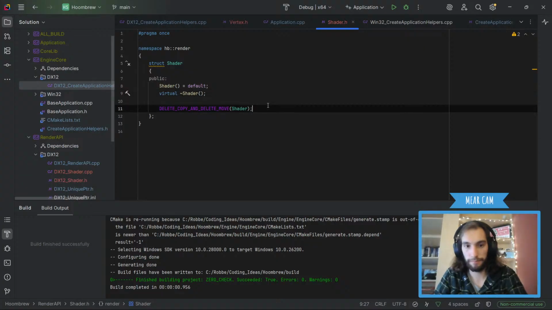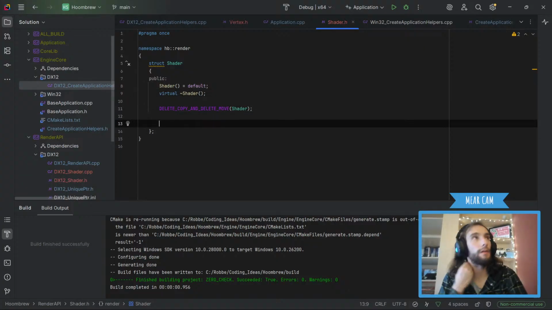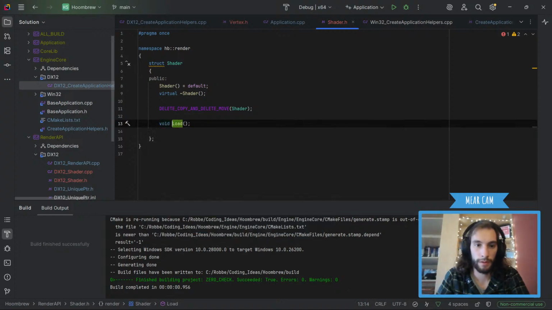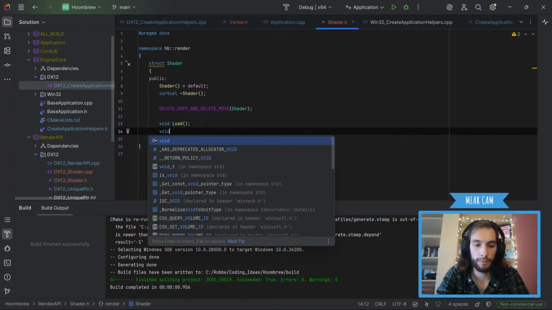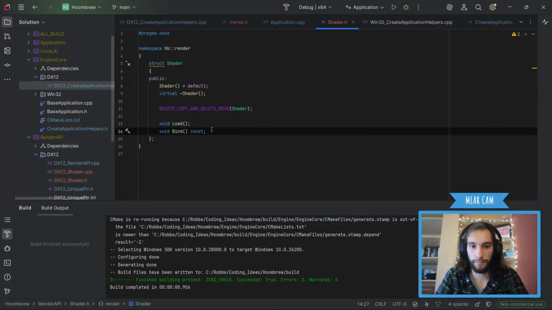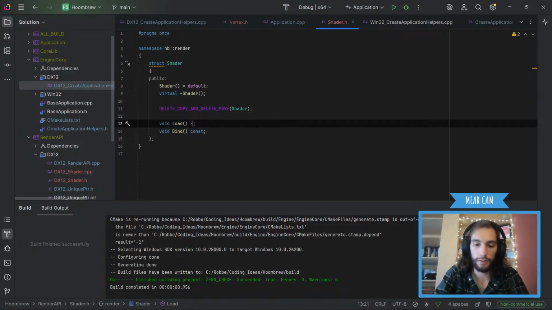That's all fine. And then I think we'll need a load function probably. Then we're going to need a bind function. And I think that's it.